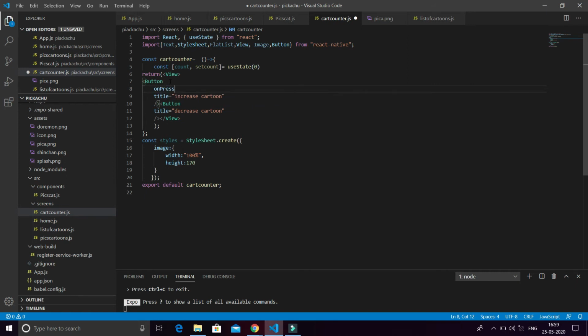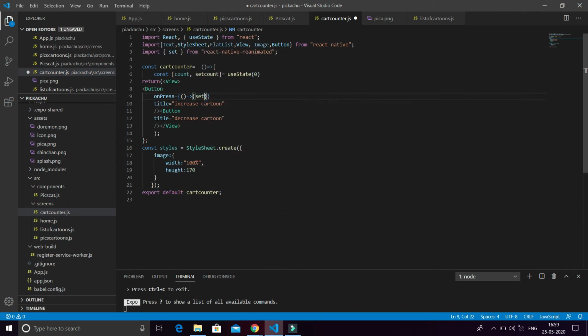So on the increase button, we do onPress equals to, and I make a function here. What this function does is setCount, count plus, I can add anything, 12, 1, anything.